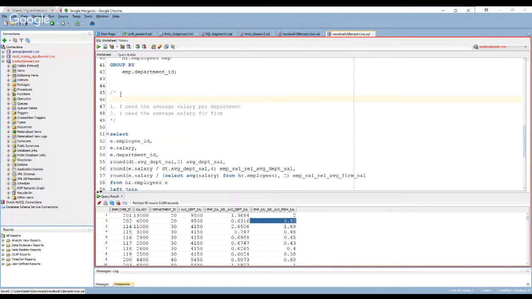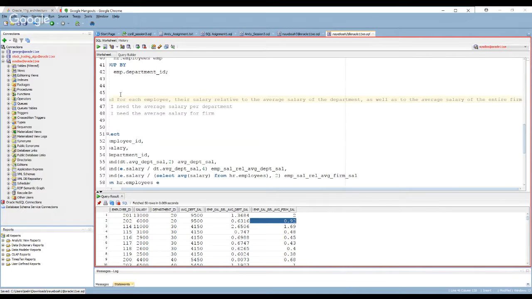We'll just put a comment here in the file: for each employee, salary relative to the average salary of the department, as well as to the average salary of the entire firm.